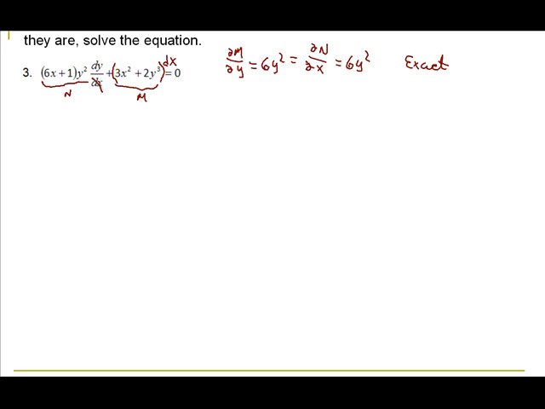And so let's see, which one would be easiest to integrate? (6x + 1)y² dy or (3x² + 2y³) dx? I think I'll start with my dx. We're going to let f, which is a function of x and y, equal the integral of 3x² + 2y³ dx,